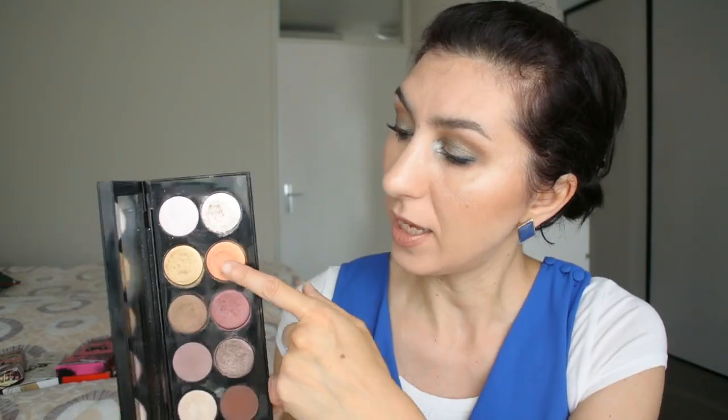Anyway, the second criticism I have for this eyeshadow palette is this shade here. This is the shade VR Rose Venus. It is a stunning duochrome. It's like a cool toned pink with a greenish gold duochrome. Absolutely stunning. And the only thing I struggle with is that this shade is quite warm toned in its undertones